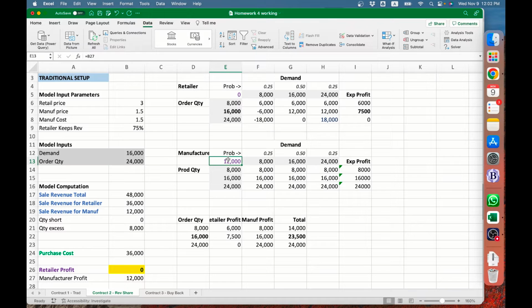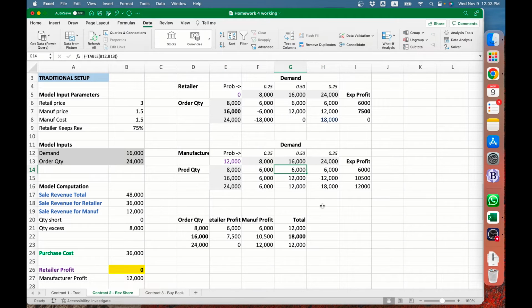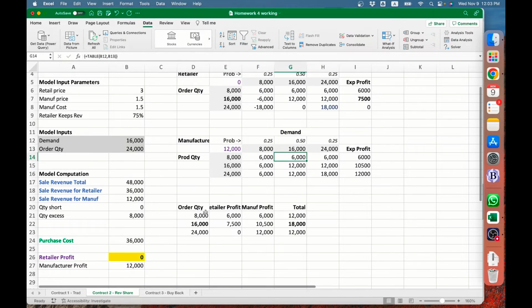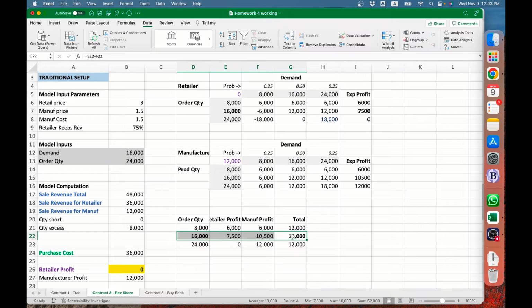Let's do the same thing for the manufacturer. Go to what if analysis data table. The row is the demand, and the column values here are for the order quantity. Okay, and then we get that. Okay, so now what would the retailer order? It will order 16,000. This is how much money they would make, and at 16,000, this is how much money the manufacturer makes, and so we get the maximum supply chain profit, 18,000, actually happening, the maximum possible supply chain